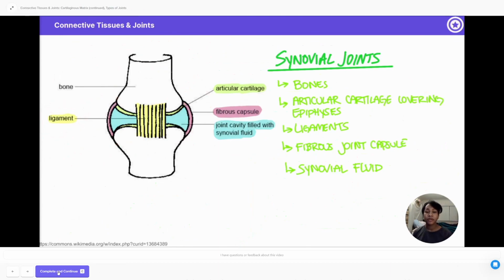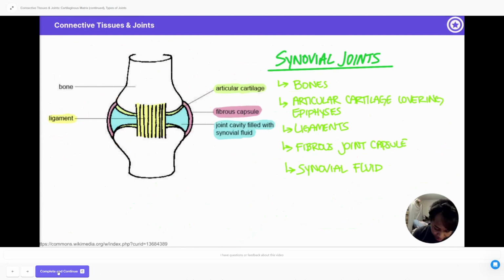An interesting thing about synovial joints is that they have their own type of fluid. It's a very slippery substance that helps to reduce the friction that the bones feel against each other. So even though we have the hyaline cartilage, that's not really enough to account for the fact that human beings have their bones grinding against each other for 70 plus years of their life. So you need to have something that makes that process a little bit easier, and synovial fluid is